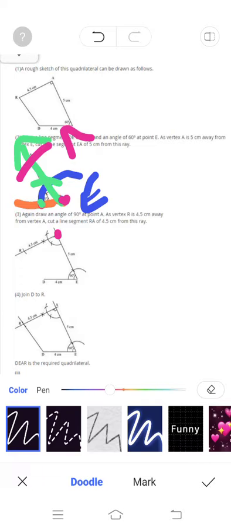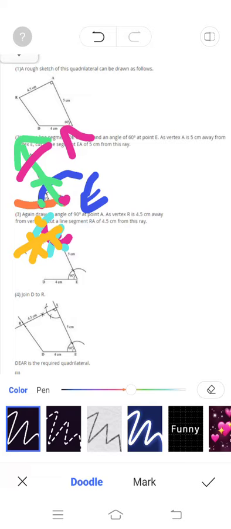So now just turn your note. Then what you should do here, with this pink color intersecting point and any radius you should cut an arc like this. Then with this intersecting point you should draw two arcs with the same radius which you have taken. Then with those two intersecting points, here as well as here, with the same radius you will be cutting an arc. Then you will be joining this. Or else you know how to draw 90 degrees, which you have learnt in 6th standard. So using that procedure you should draw 90 degrees.